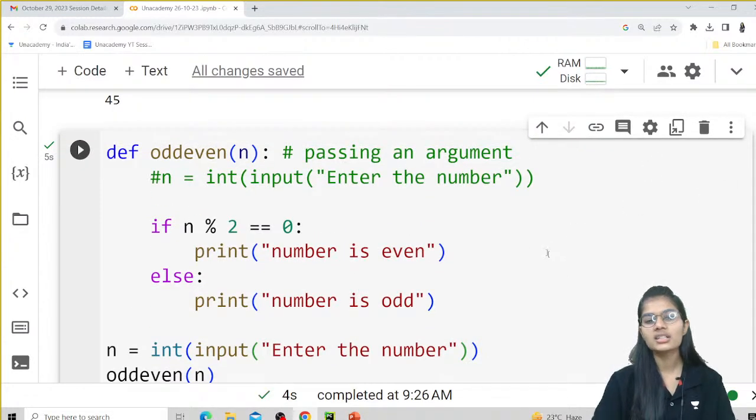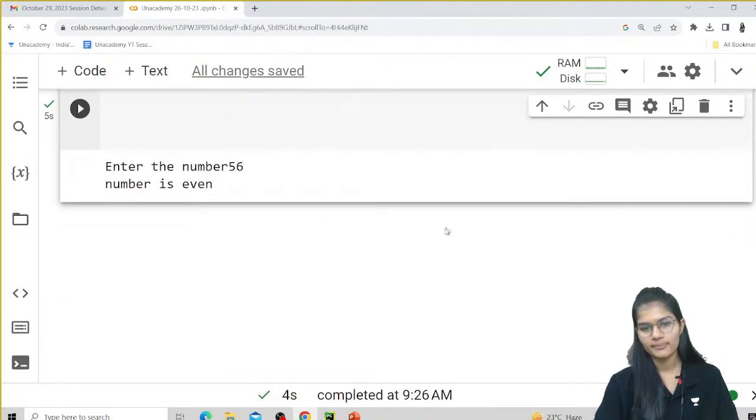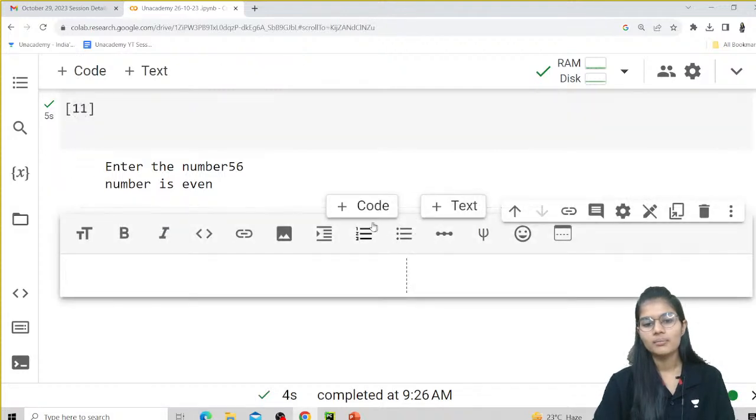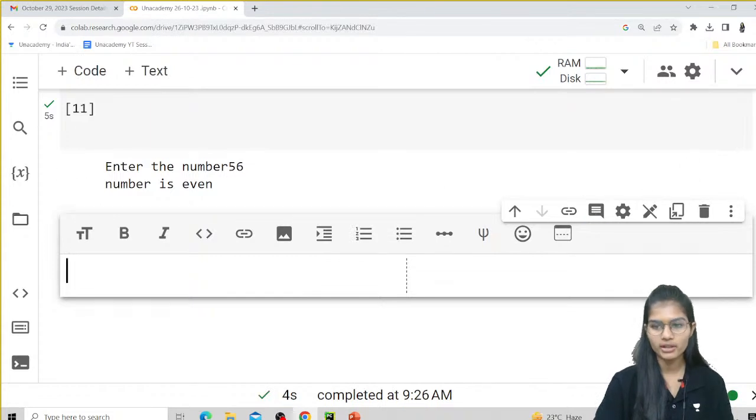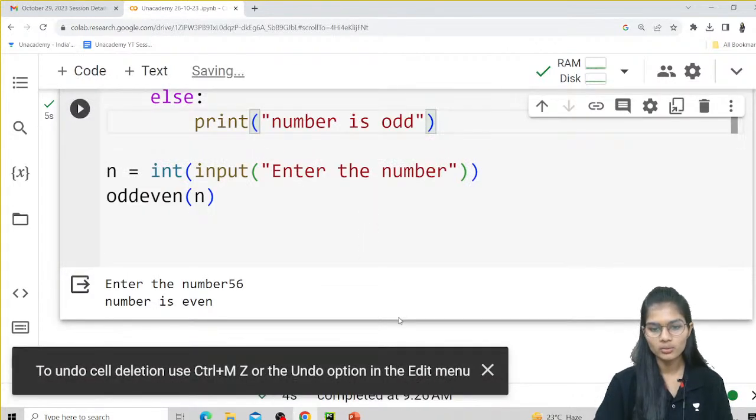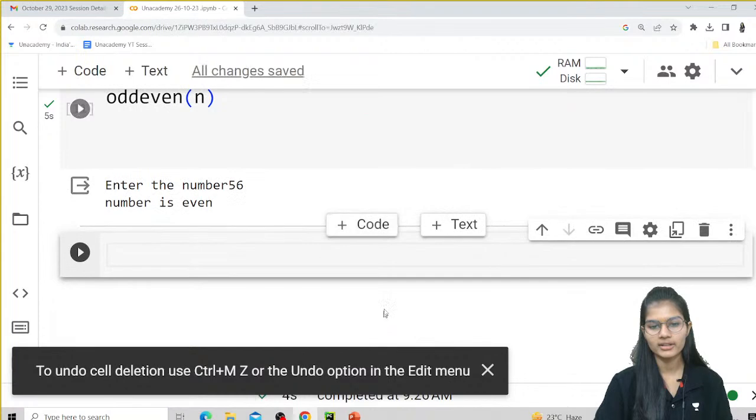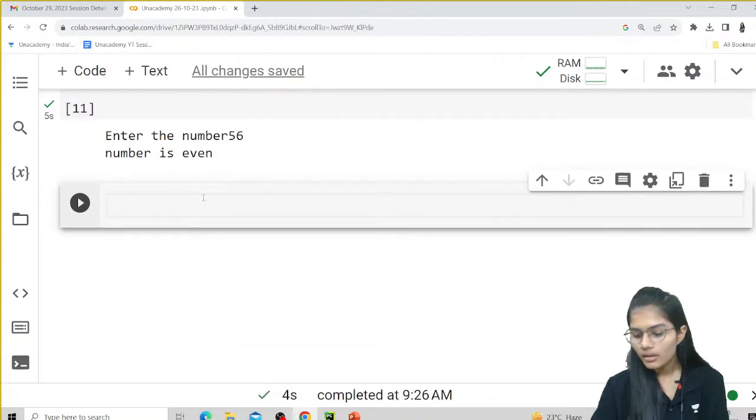So this is what is called passing an argument. Now let's see if you are having more than 2 arguments to pass. If you are having more than 2 arguments to pass, how to write the code? Fine. Now we will write a program where